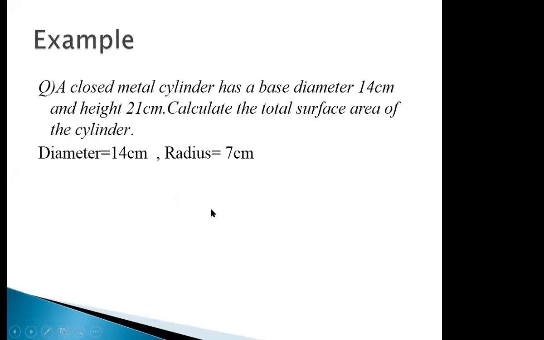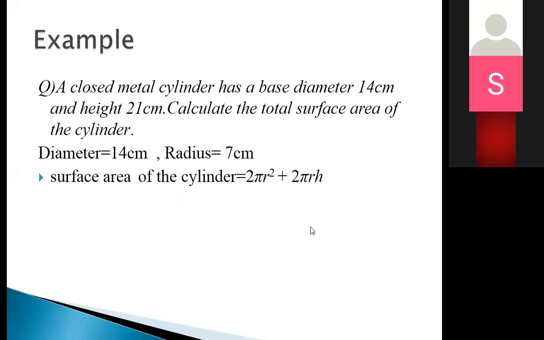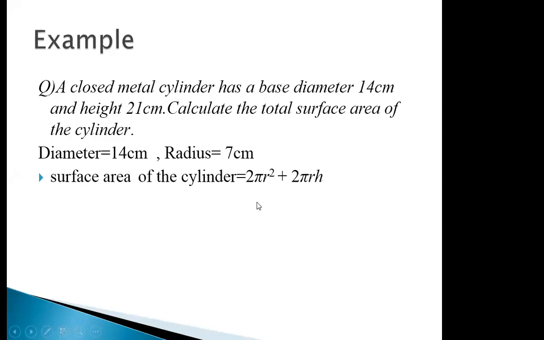Okay, Humayun, let's check. Use this formula, break it, and then do it. Okay, let's see what the final answer is. You don't have to think, Abdul Samad, you have to solve. Take a paper and pen and solve it. Okay, so solve it using the formula 2 pi r square plus 2 pi r h.